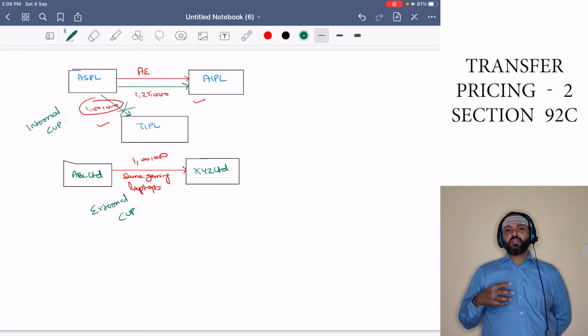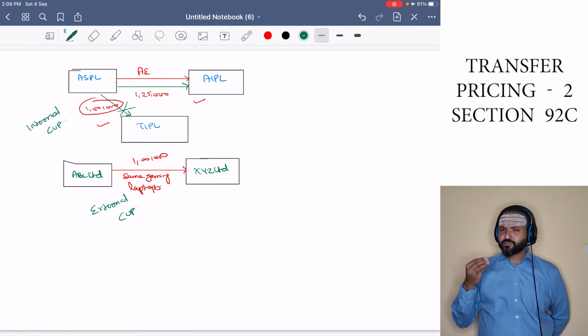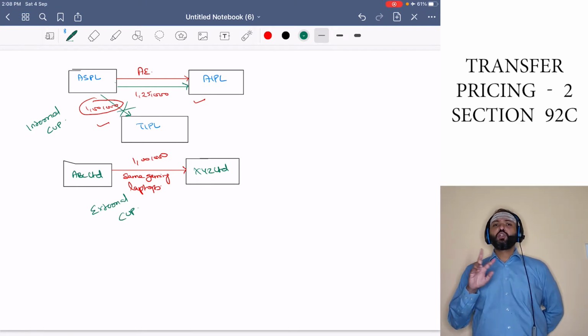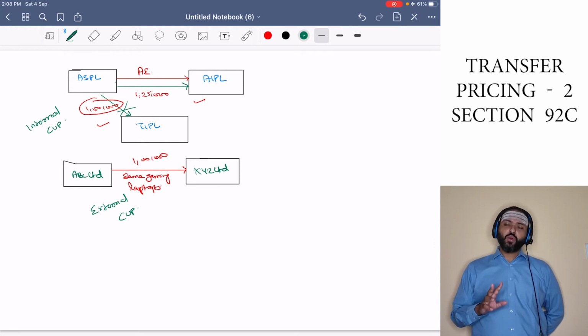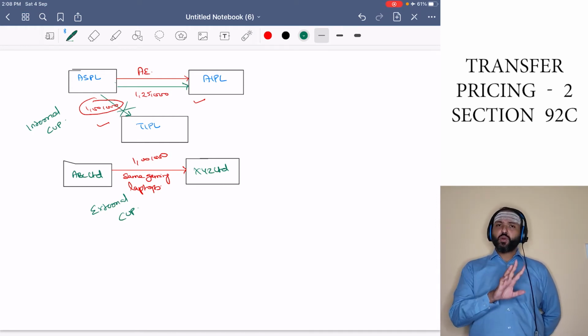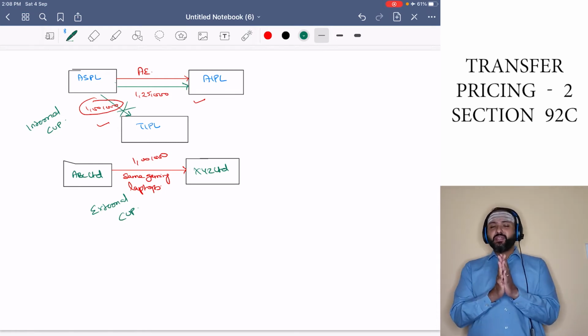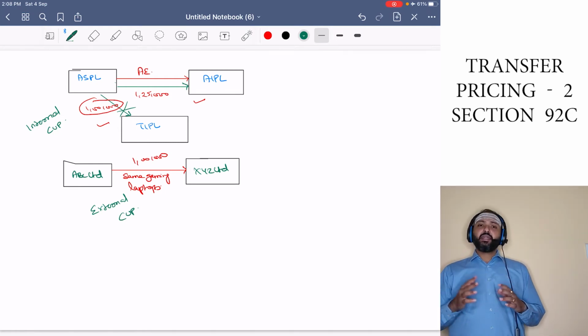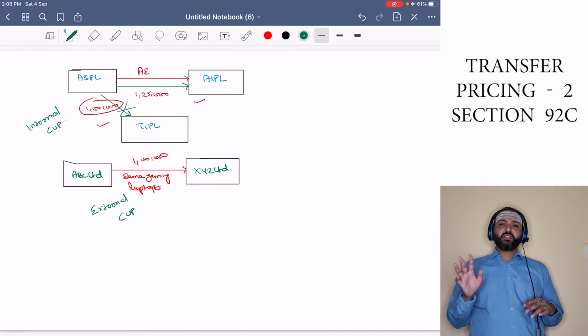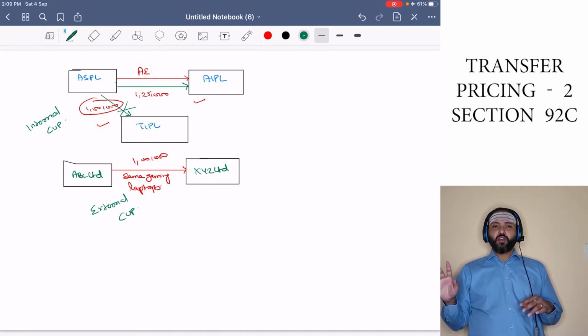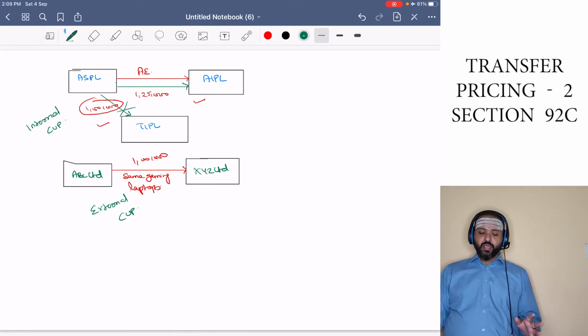Fine. So the first method that we have seen so far is comparable uncontrolled price method. What is this method? I will report for a transaction which is verbatim same within the organization that I perform, or the company that I perform, two different types of sales, one to related party and the other to unrelated party. The transaction with the unrelated party will be compared with the transaction with the related party, and then we will conclude whether both these transactions are at the same level or not. That is called as arm's length. Okay, so now